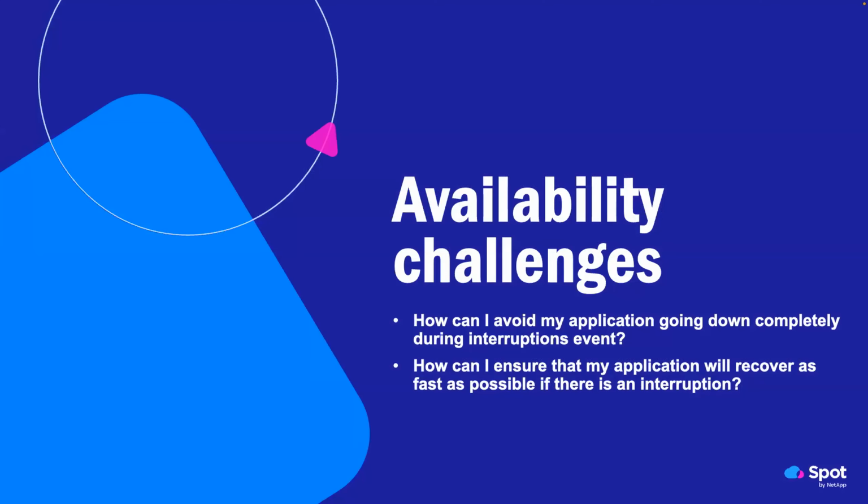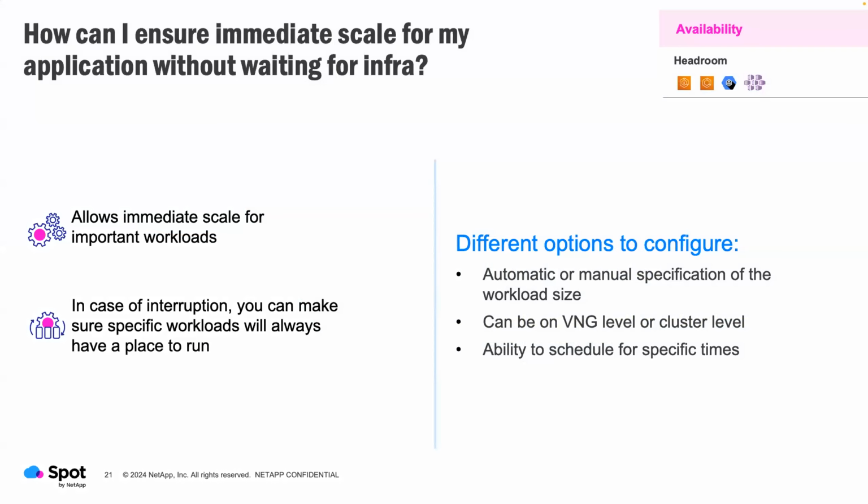Availability challenges, that's always something that comes up, particularly the more I talk about spot instances to customers. Availability is kind of the next one that comes in, because inevitably, if you do run spot instances, you will have nodes coming and going from your cluster. And I always say to people, if you're running Kubernetes well, that shouldn't matter to you. There's always a special workload that has a special requirement that doesn't need to be interrupted. It's the most important one. It's got the CEO's diary or something on it. Who knows what's on it, right? But we want to make sure that it doesn't get interrupted.